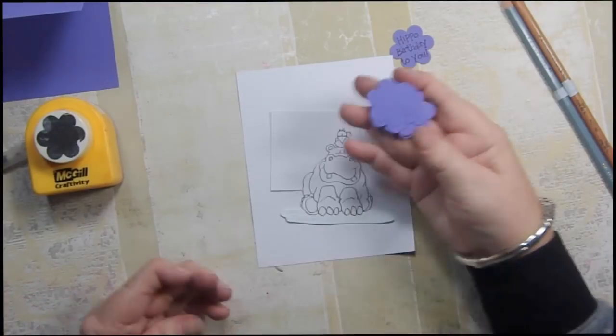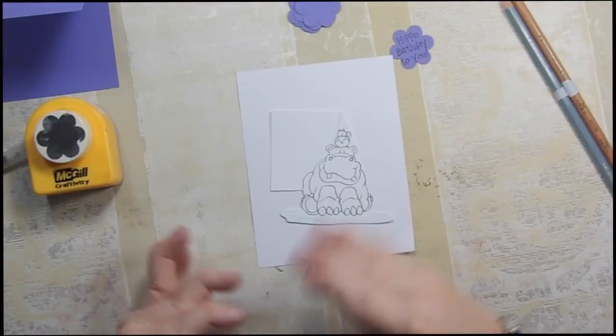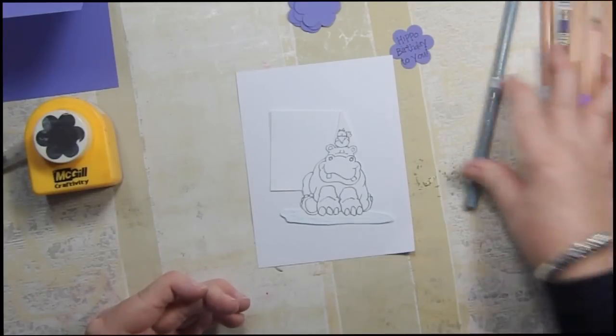And I punched out a bunch more of those little flowers. I don't know what I'm going to do with those or if I'm going to use them at all, but I thought that we would just play with it. So the very first thing we're going to do is color our